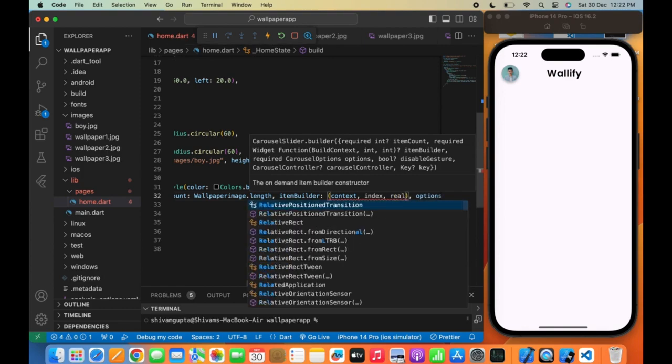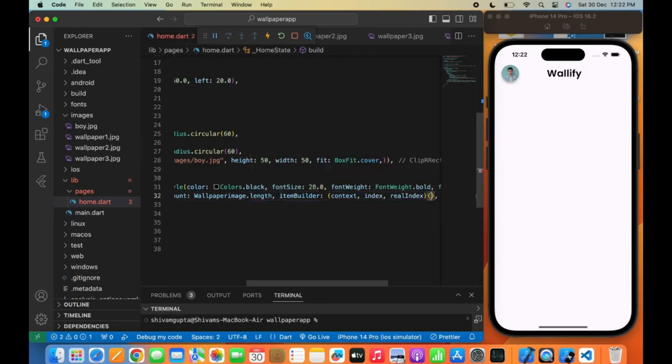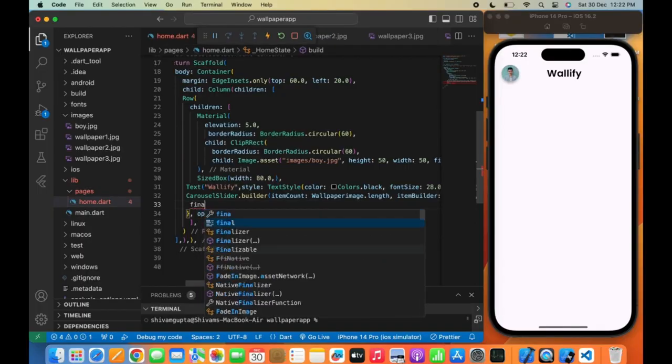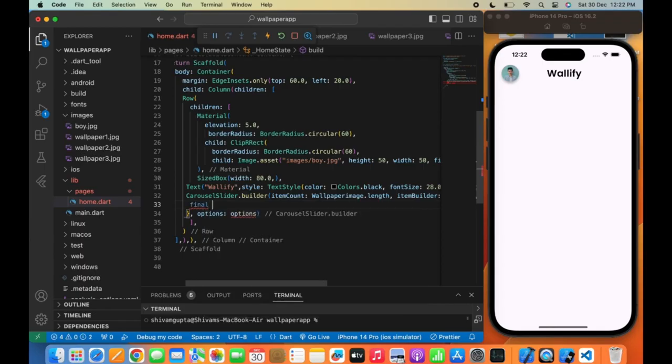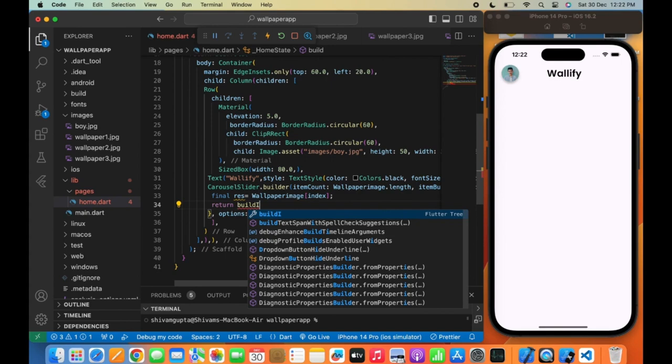Through the index, we'll get all the things that we have saved in the list named wallpaper image, and we'll write final res = wallpaperImage[index]. Through the wallpaper image, we'll get all the indexes one by one and we'll show them through the widget named buildImage here. So let's create a widget named buildImage